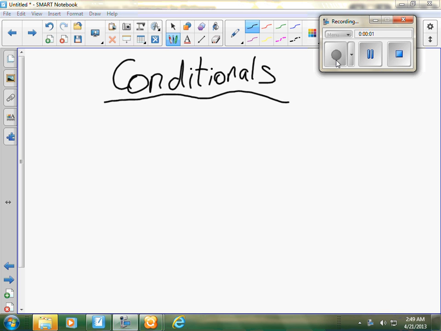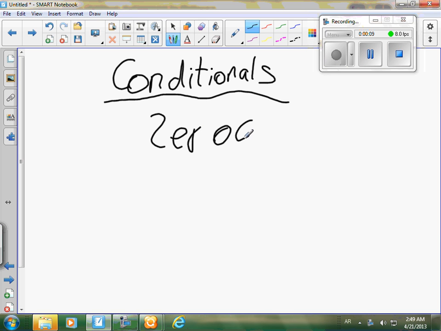We have three types of conditionals this year, right? The first type, the zero conditional. We said that in the zero conditional, we deal with scientific facts. With what? Scientific facts, or facts. We said also that the best example to remember the zero conditional,